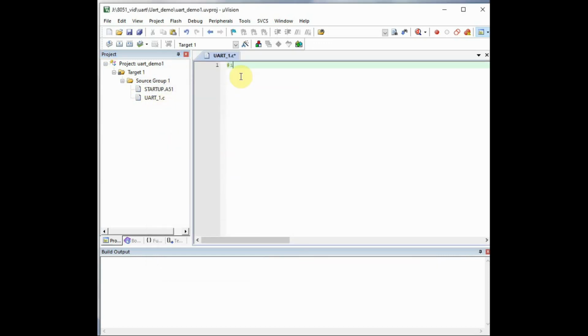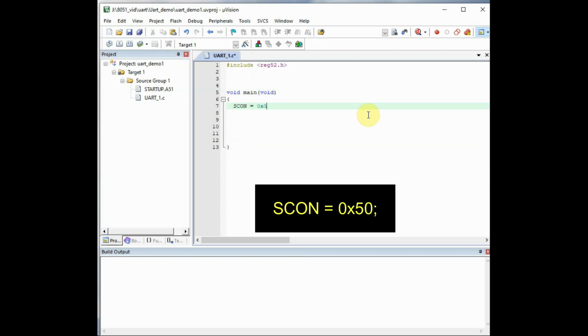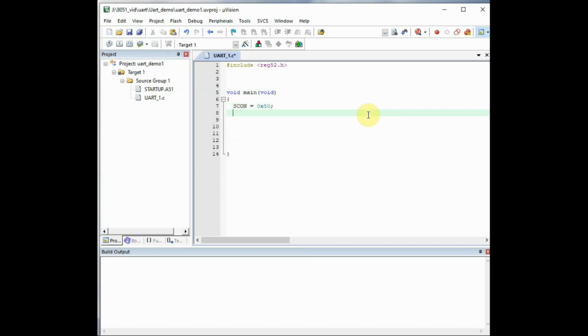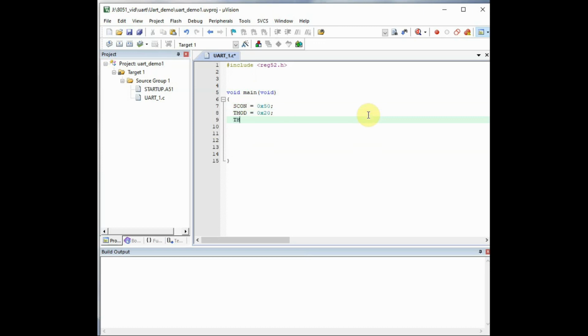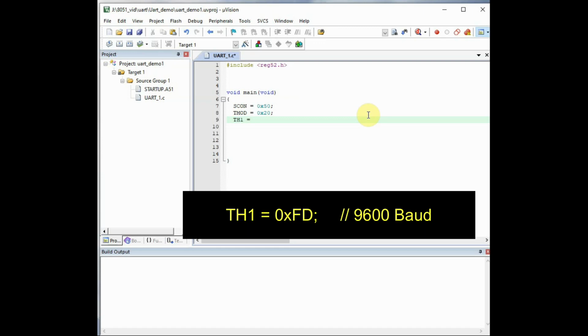Now let us see the code first and then explain the registers. In this video we will not be using any hardware, only a simulator and theory. So start with hash include reg52.h header file, after that void main void, and then SCON equal to 0x50, that is the SCON register, serial control register. After that TMOD, we are giving a value of 0x20, and the TH1 register is loaded with 0xFD, that is for